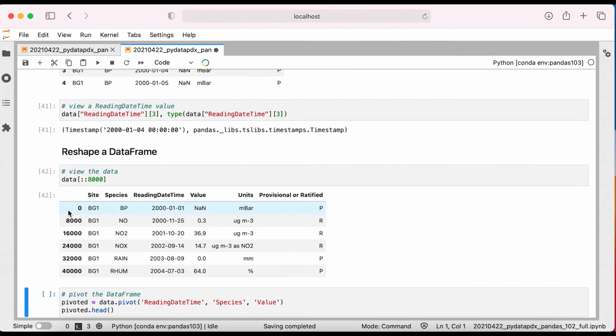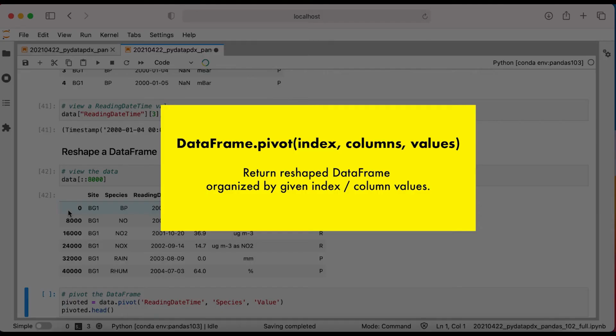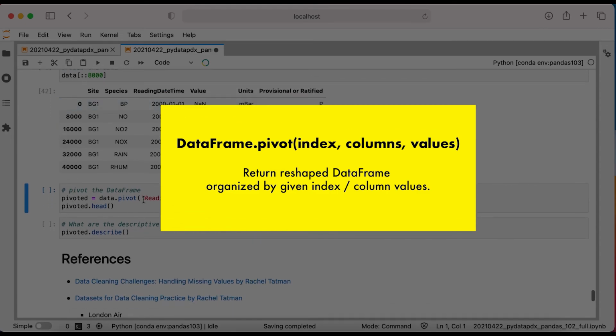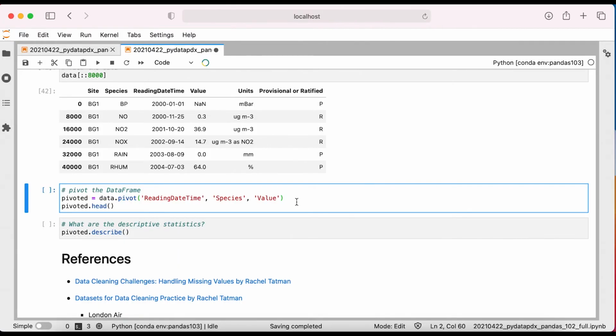To do this, I'm going to use the pivot data frame method, which takes the new index as its first argument, the new columns as its second argument, and the values under those columns as its third argument. I want to index the rows using reading date time.